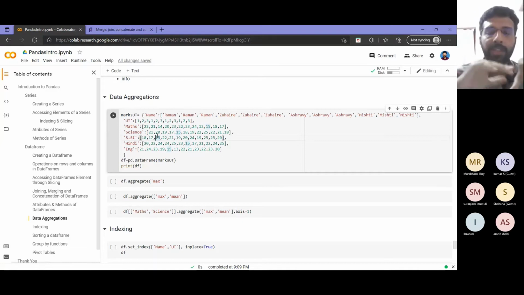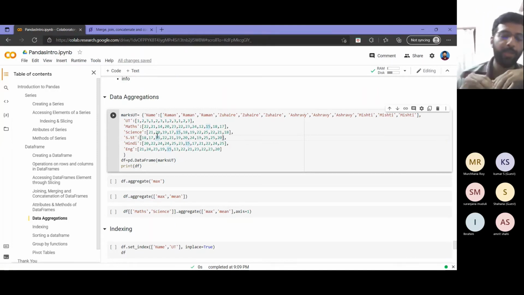For one subject, I can get the mean mark of my people, right? That tells me, across all the people, what is the mean mark everyone has scored in each of those subjects. Another thing I can do is column wise, corresponding to each person. I can find out what is his average marks across all subjects, right? So these are two ways I can aggregate this data. Basically my objective is to collapse all my rows into one row or all my columns into one column. So I have to pass axis as my argument.